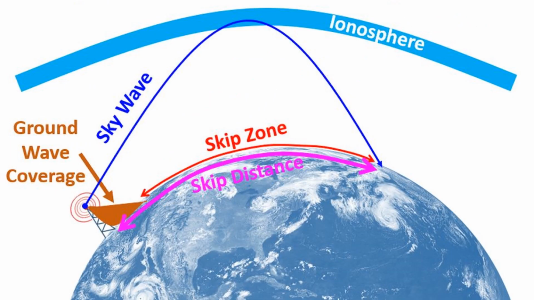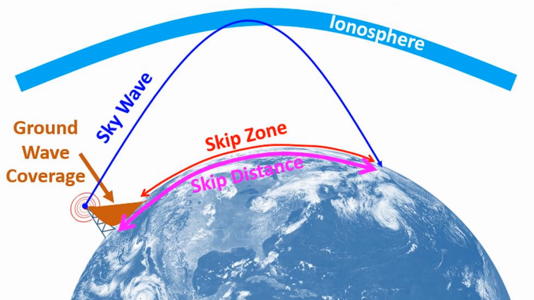The skip distance depends on the angle at which the radio wave reaches the ionosphere, the layer of the ionosphere where it gets reflected, the ionization status of the layer, and the transmitted frequency. In general, higher frequencies have higher skip distance, so a 14 MHz signal makes a longer hop than a 7 MHz signal. That is why 7 MHz is popular for local contacts, while 14 MHz is popular for DX or long